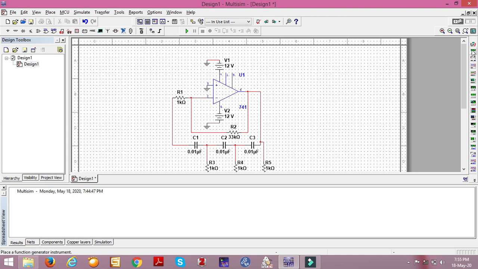As per the need, you choose the appropriate virtual instrument for your measurement. Here I want to measure the output waveform, so I am using CRO. There are different varieties of CROs. So this is the oscilloscope and it is very simple.